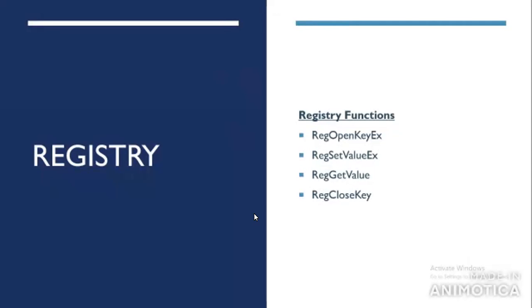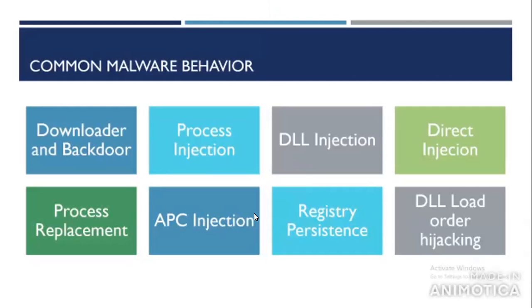Now, the functions used by any binary or malware to interact with the registry are RegOpenKeyEx, RegSetValueEx, RegGetValue, and RegCloseKey. Now, common malware behavior. The list is very big, but the most commonly seen malware behaviors or types of malware are as follows,